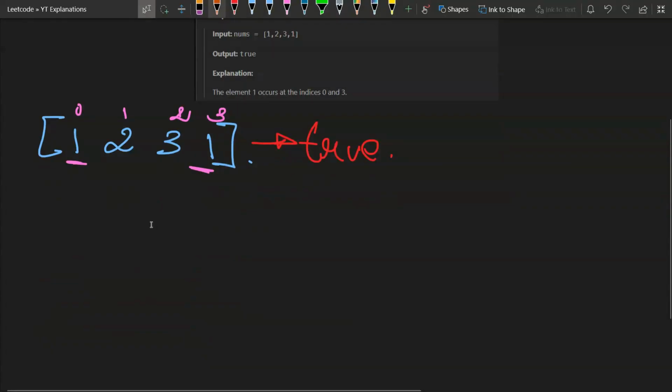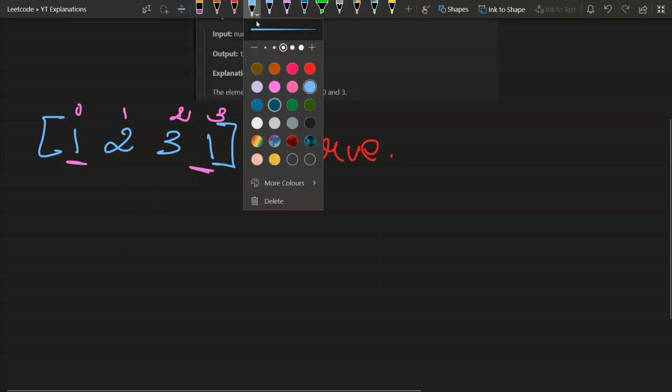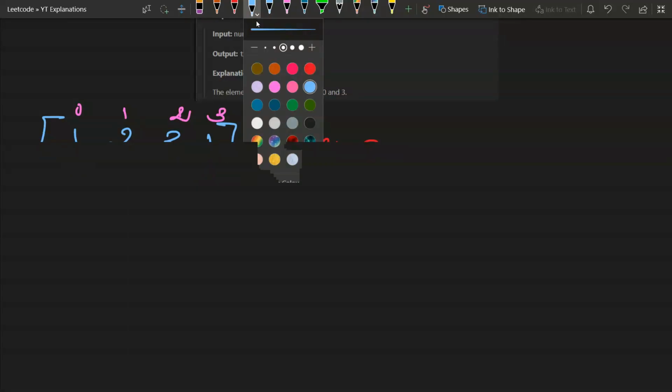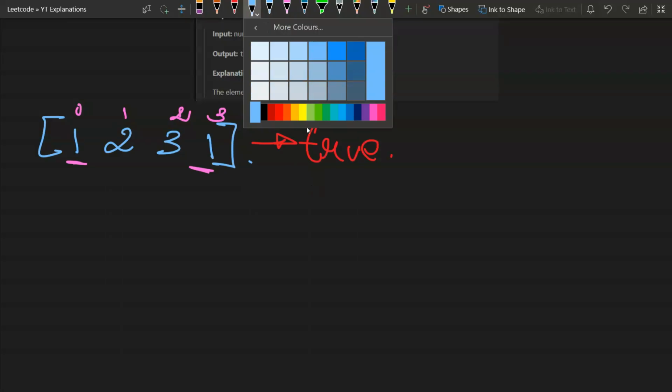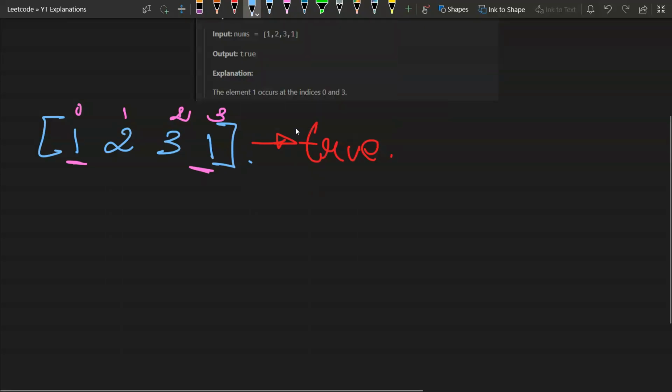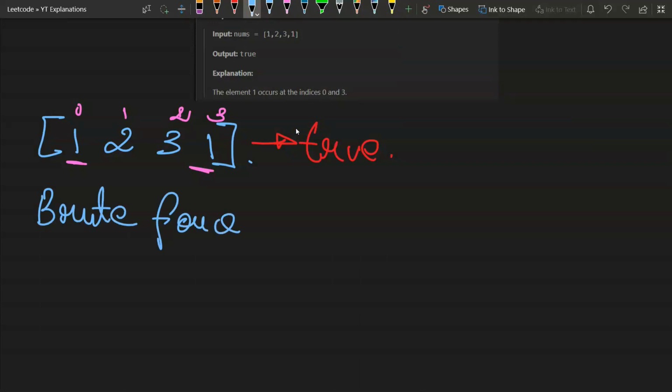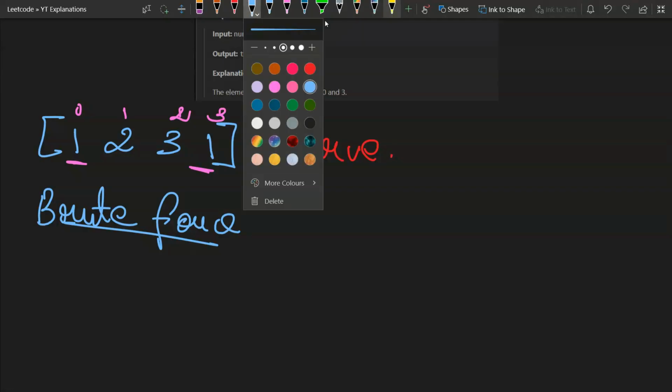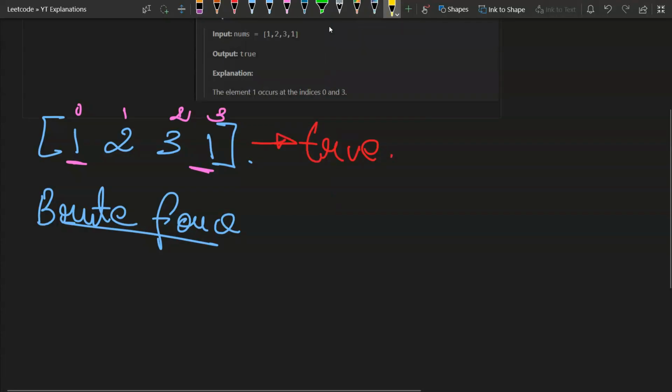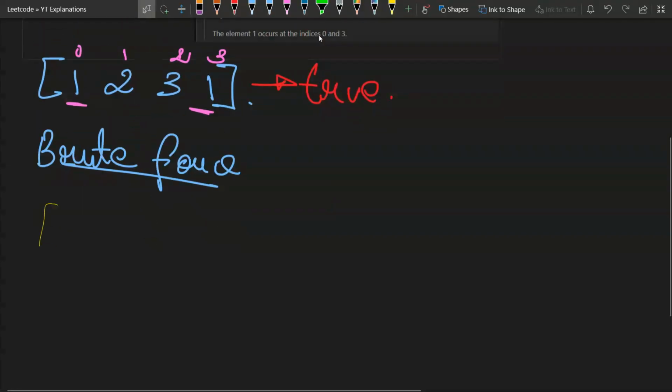So the brute force way, which probably everyone would understand, is going over all the elements and comparing them to each other. So, brute force. What we do in the brute force is,